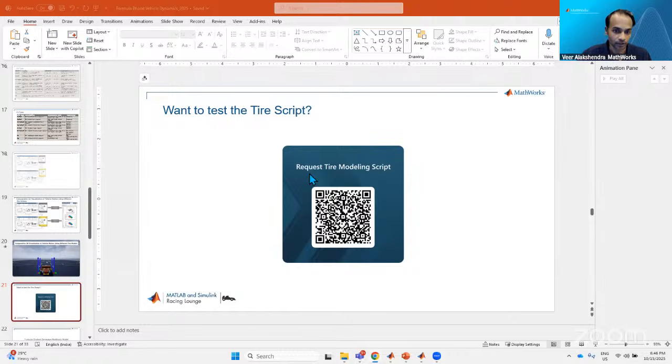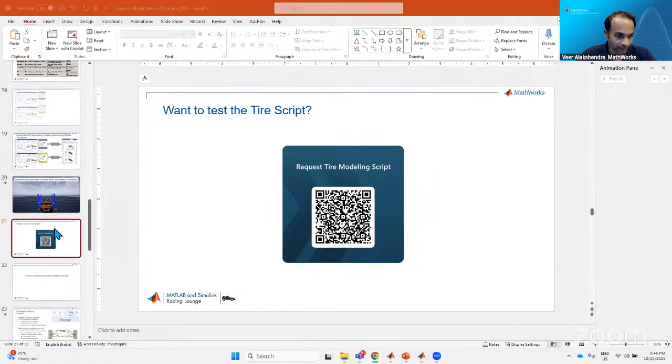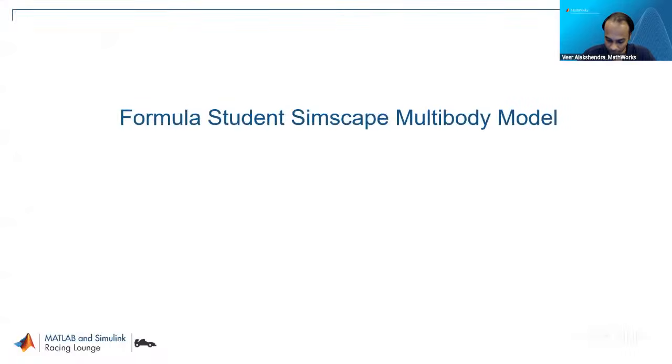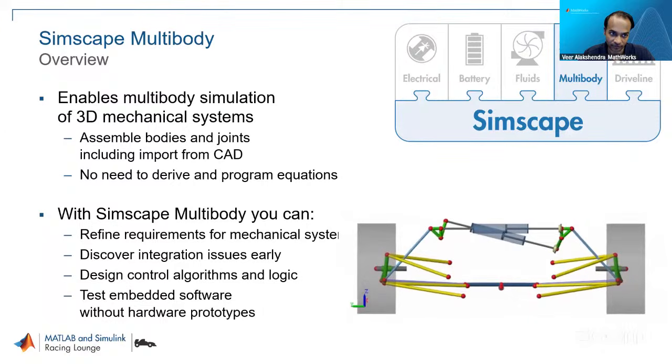Awesome. Okay. So now let's move to the next interesting part. The next part is basically the formulation of the Simscape Multibody model. In this section, we'll see how you can model a Formula Student car using Simscape Multibody. Now, if you're new to Simscape Multibody, it is basically a tool in Simulink which enables you